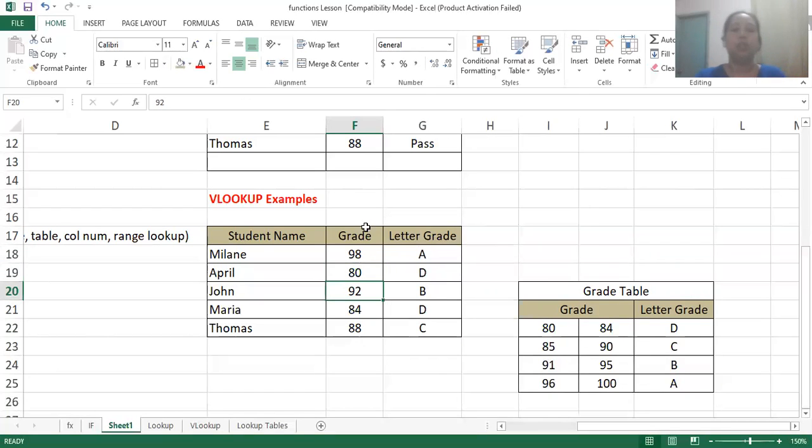Okay, so 80 is D. So 98 is A, 80 is D, 92 is B, belongs here. 84 is here, and 88 is C.